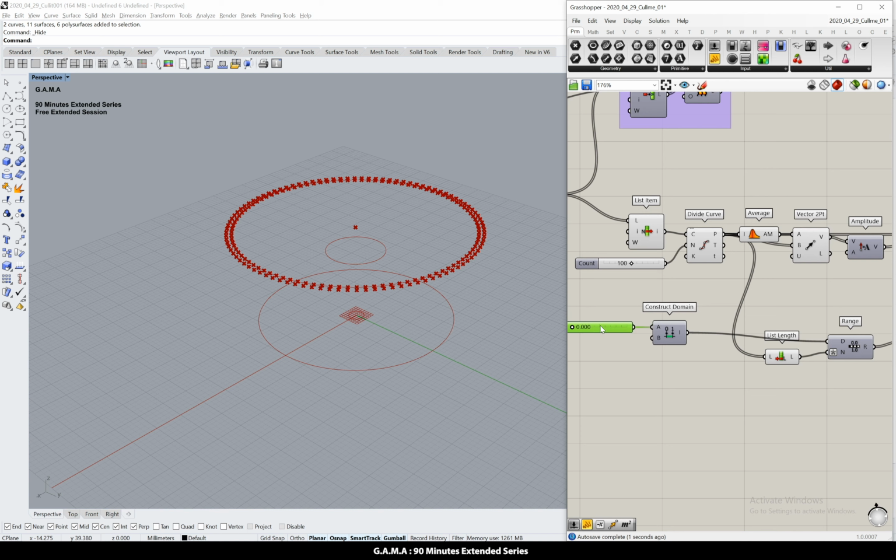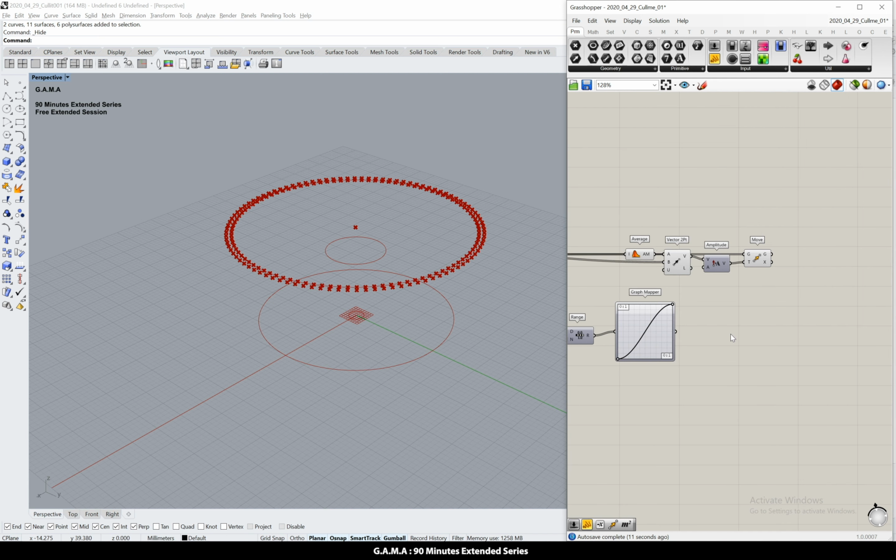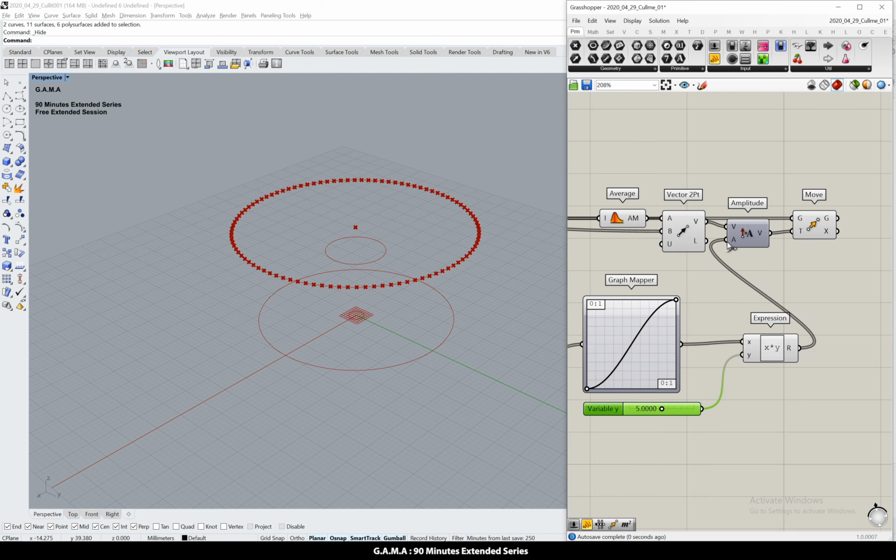Also, I would like to add an expression which multiplies the value that I have from this sine function by a multiplier. So let's say in this case the multiplier is around 0 to 10 and I give a multiplication value of 5, and I'm gonna attach this to my amplitude,